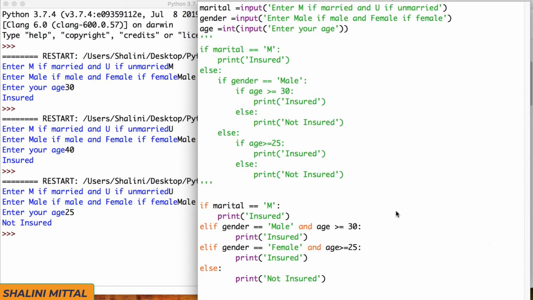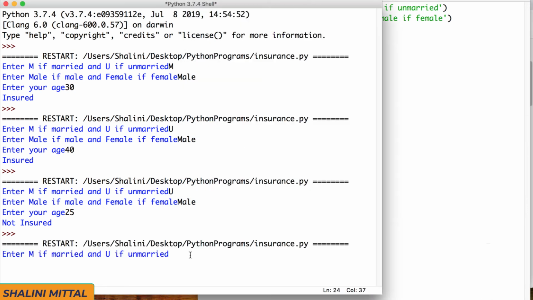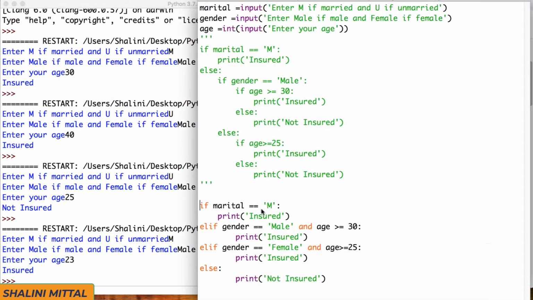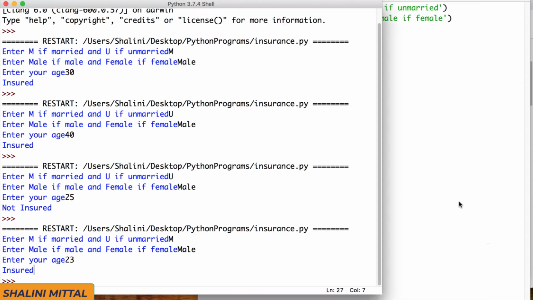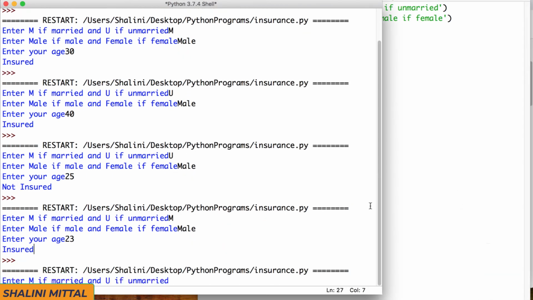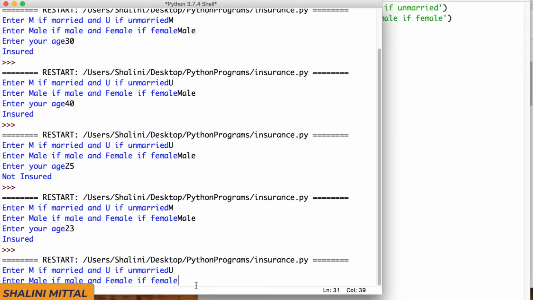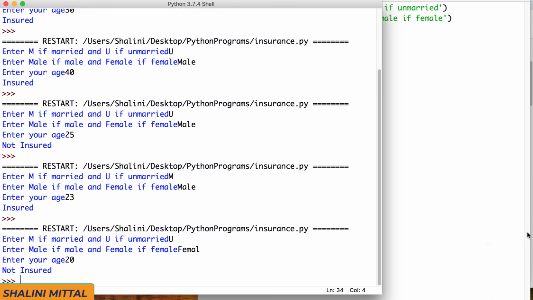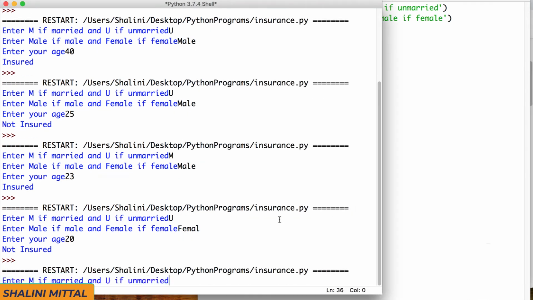Okay, now if I run, see, I say M married, I'm insured because it's not checking the gender, because if I'm married, I'm anyways insured. Okay, if I run it again, I say unmarried, I say female. Okay, I've spelled it wrong, so it won't work. Let me run it again.